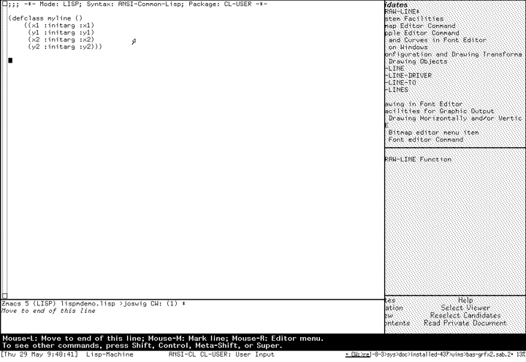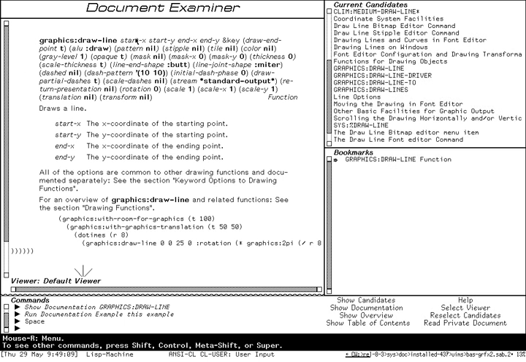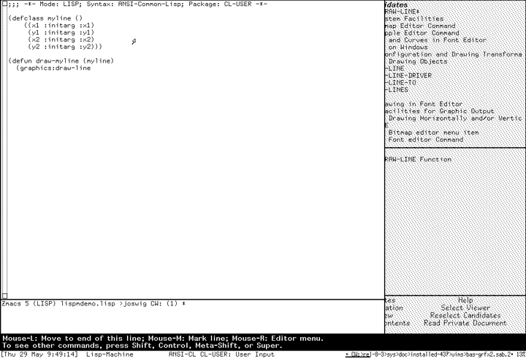Switching back to the editor, we write a little function, draw my line. So graphics draw line, select D, so just ordinary arguments, select E, slot value my line